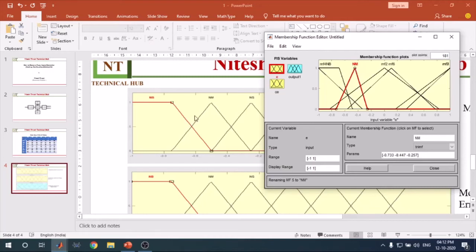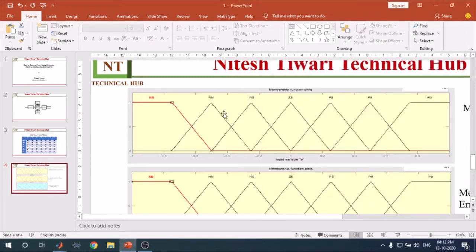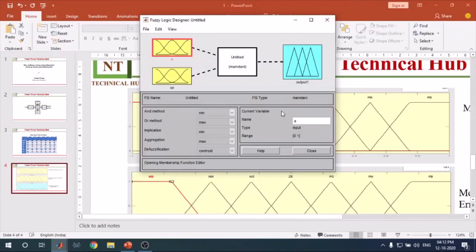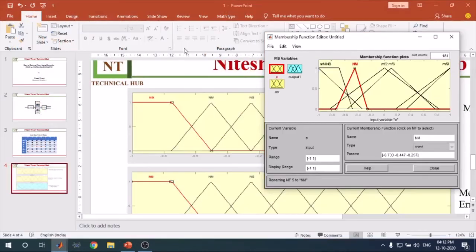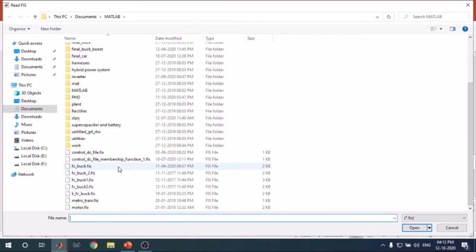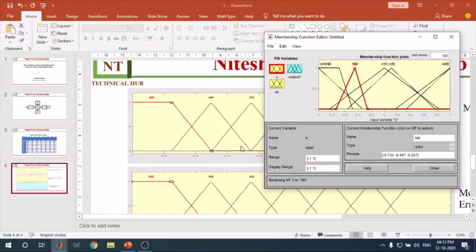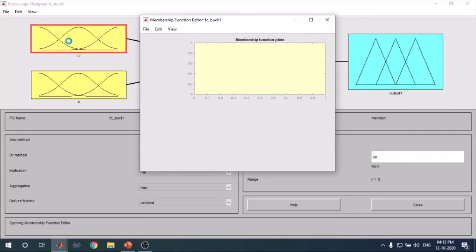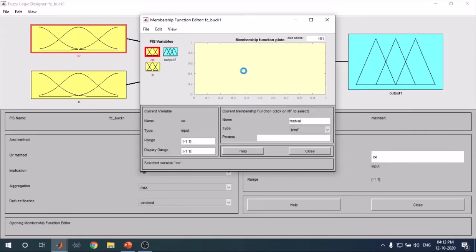The second one we also have to make. Similarly, we make a structure like that for the one input. So I just open the structure that I made earlier. I just want to show you. So this is your actual structure, what I want to say to you. You just make your structure like that.